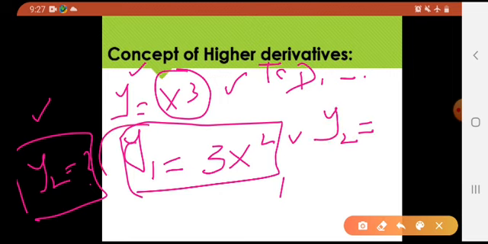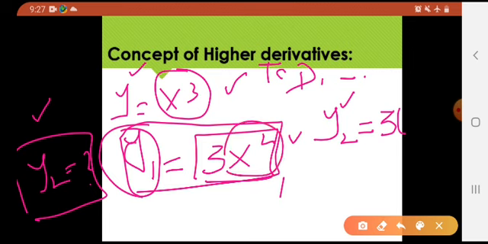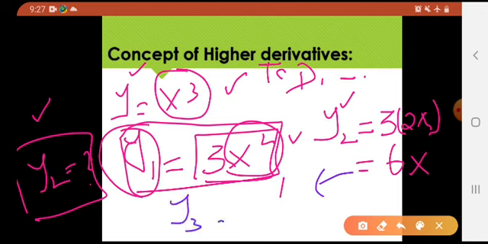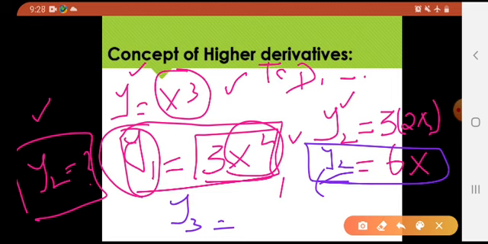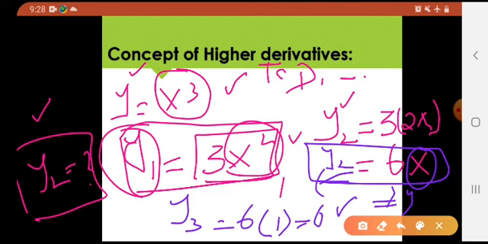y2 equals to, this y1 would become y2, and that would be equal to, I will be taking derivative of this 3x square. So this would be 3 into x square ka derivative, what is it? By power rule, it is 2x. So what is my answer of y2? 6x. Clear? Okay, what if they asked you to find y3 of the same function? So it would be like, we will be taking derivative again on both sides. So it would be y3 equals to 6 into, what is the derivative of this x? 1. So the answer is 6. And my y4, I can see my y3 is a constant number, so y4 would be 0.